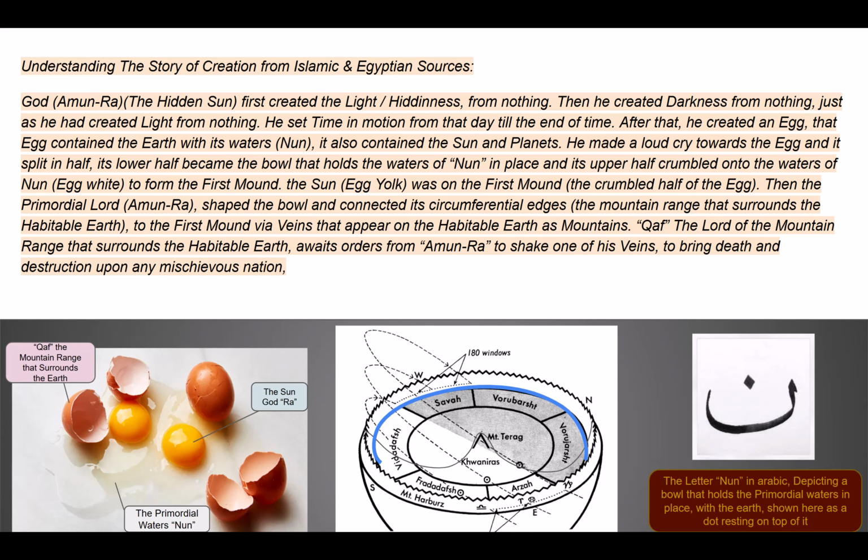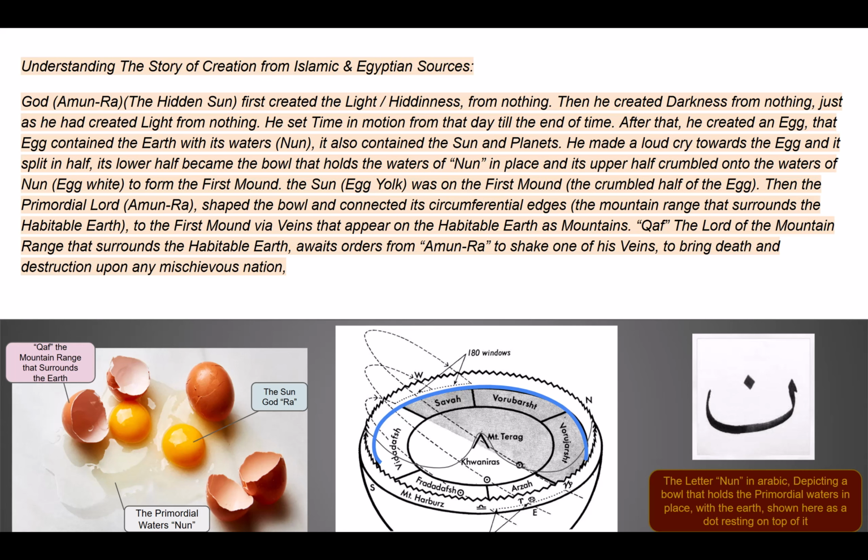And this describes to us the letter Nun. If you look at the letter Nun in Arabic, it's a bowl, and right at the center, that's the habitable earth. Okay, so Nun is a bowl with the habitable earth. Yes, now we can look at the image on the left, and we can explain it. Kaf, the mountain range that surrounds the earth, and then you have the egg yolk, that's the sun god Ra, then you have the primordial waters, that's the egg white. I hope this makes sense,